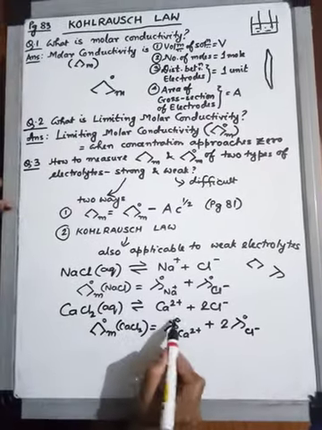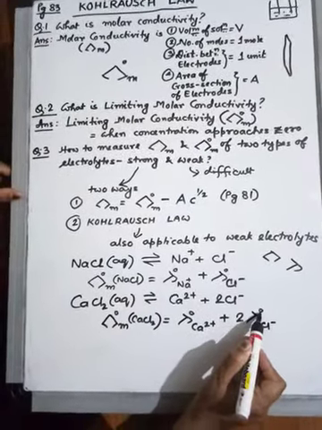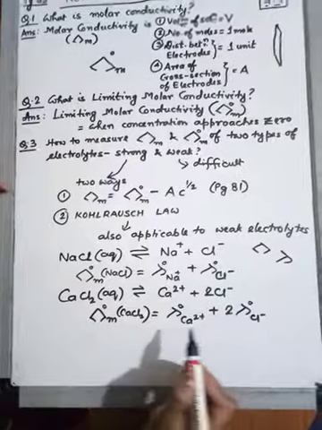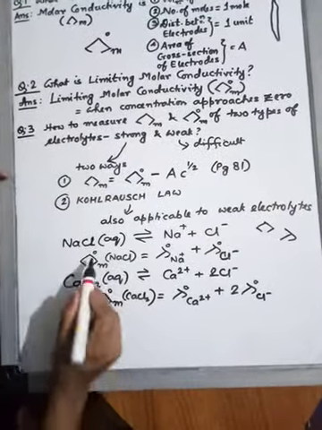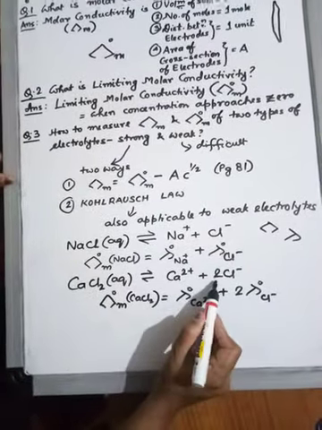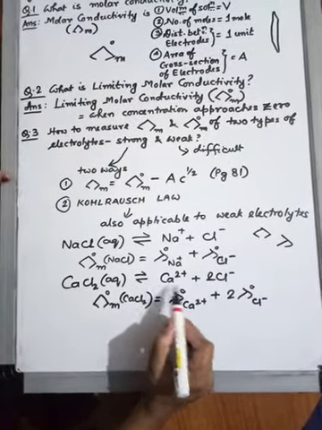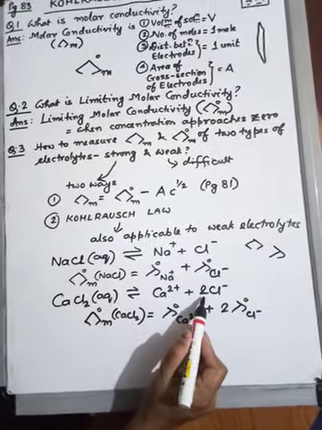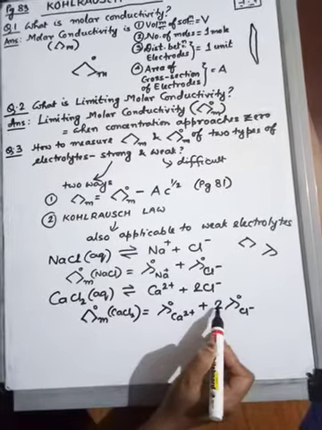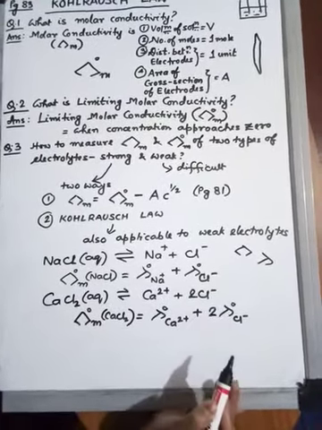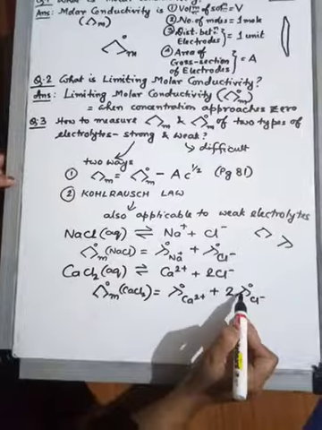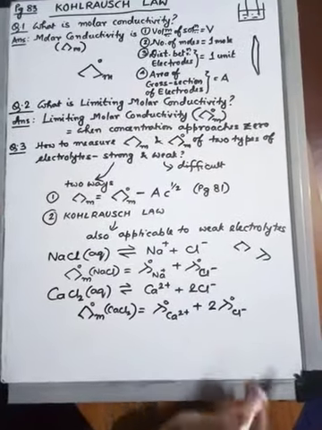If we are measuring limiting molar conductivity, we'll put the 0. If we are simply measuring molar conductivity, then it goes without the 0. But we have to be careful about how many ions are coming out in the solution. If we see 2 are coming in this case, then we have to write 2 with the limiting molar conductivity of that ion. Suppose it was